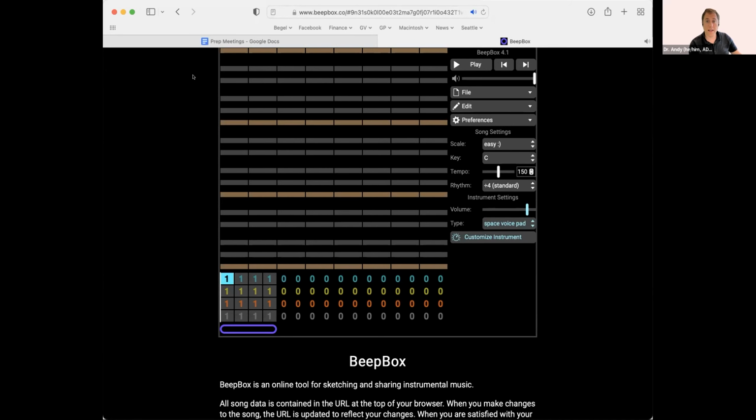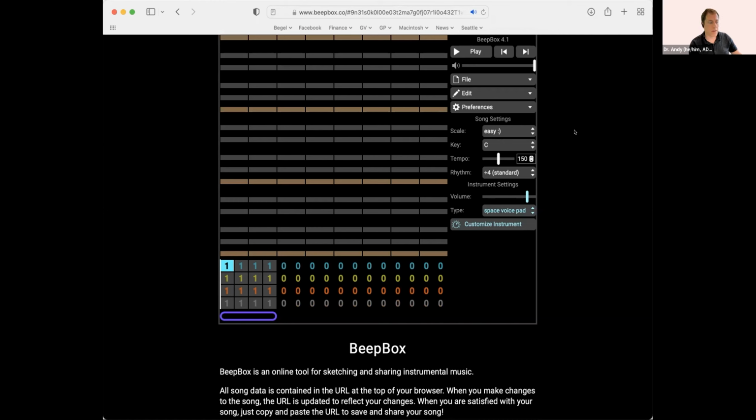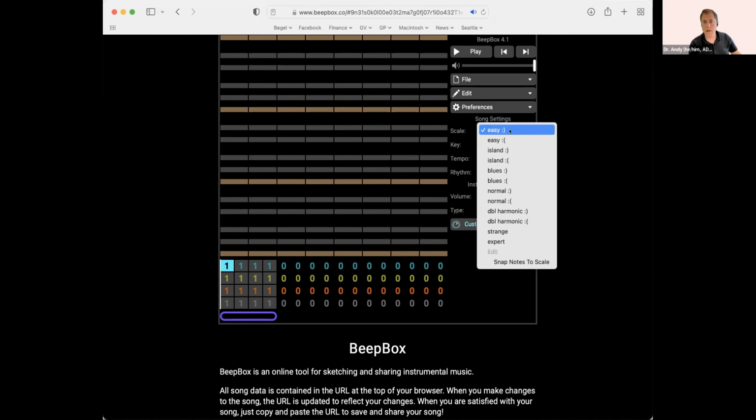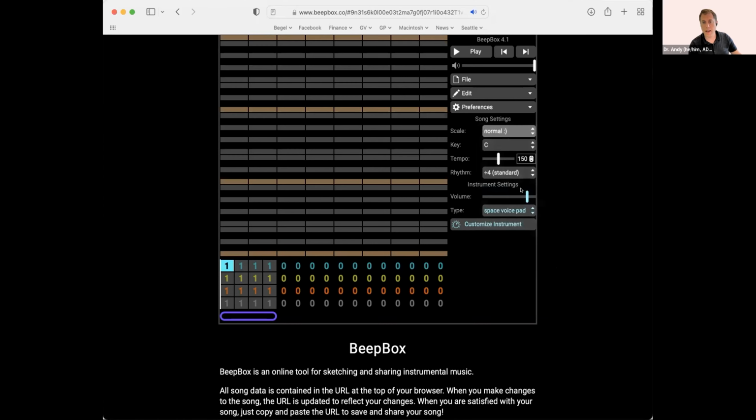and be able to set up our BeepBox so that we can play some music together. So the first thing we're going to do always is fix the scale that's here. For anyone who recognizes music, there's a scale that tells us what notes we can play. Here we go to the scale pull down menu, and we're going to change this to what I have figured out is the word normal with a smiley face next to it. And we're going to click that, and that's going to change the scale to what I call a major scale